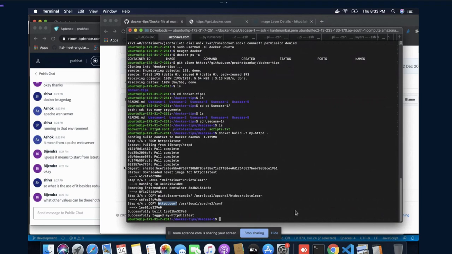So guys, is that clear? What are the steps we have done? Is that clear to you guys?